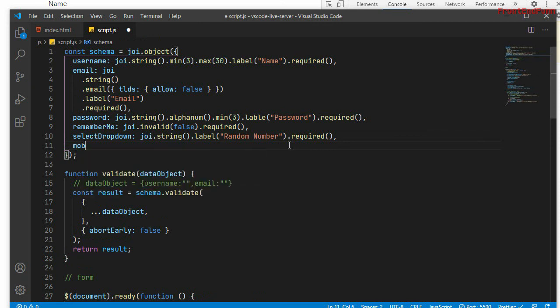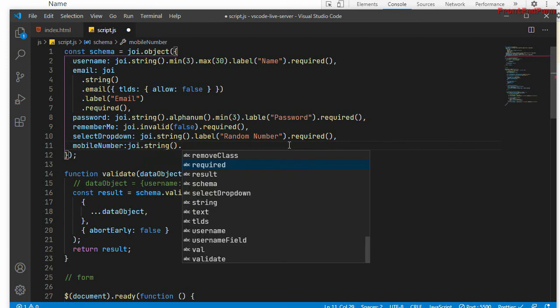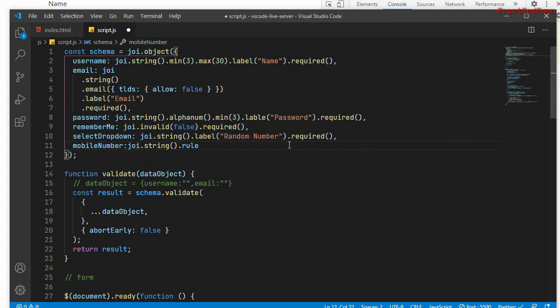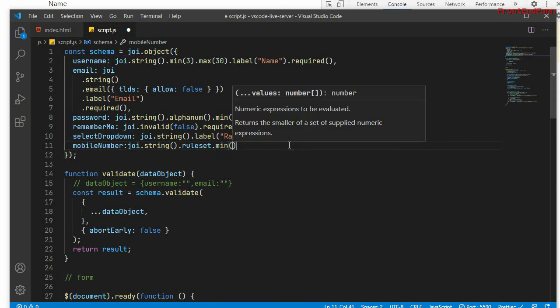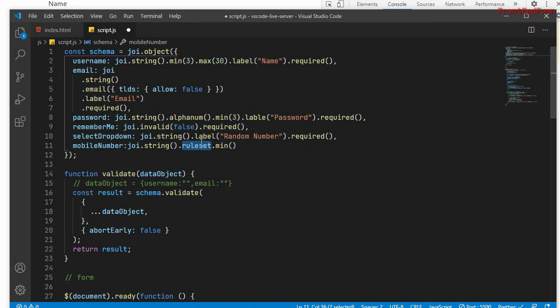Okay, and for the mobile number, here we'll be adding a custom message that will be a string, and we need to use rule set dot min, because we are going to define custom rules. We need to add rule set here, otherwise we'll get an error.